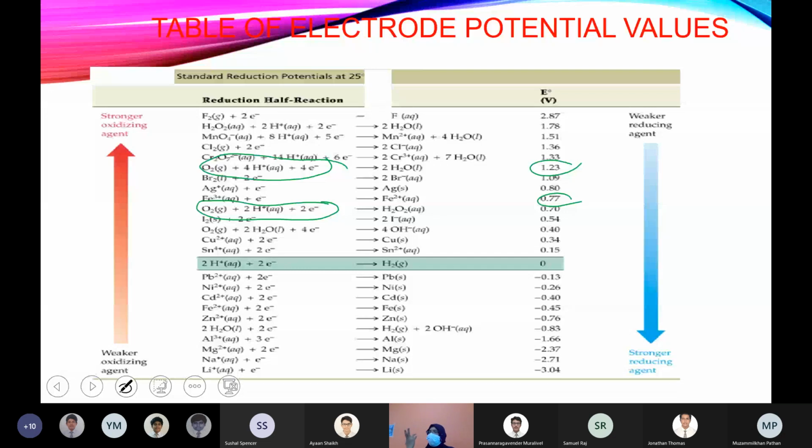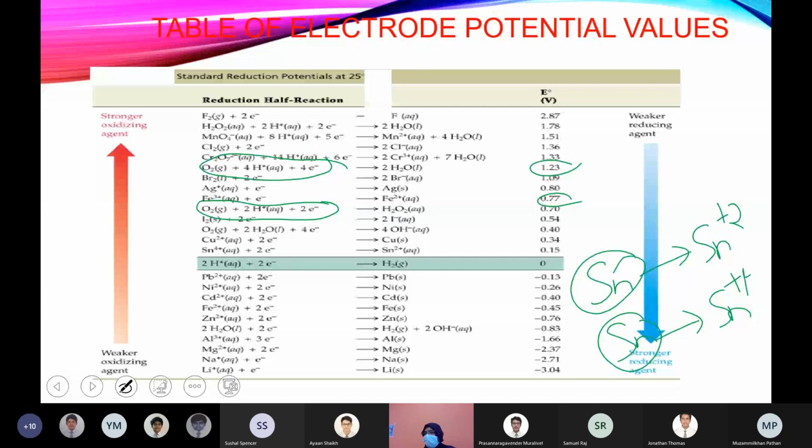There are certain metals which can have more than one electrode potential, for example tin. This is not the complete list, only a few things. The actual list is very lengthy, and tin can be +2 or tin can change to +4. So for the same metal, the electrode potential will be different if it is changing into a +2 ion or a +4 ion. So the entire list is very lengthy with all the minute electrode potentials. Okay, any other doubts?